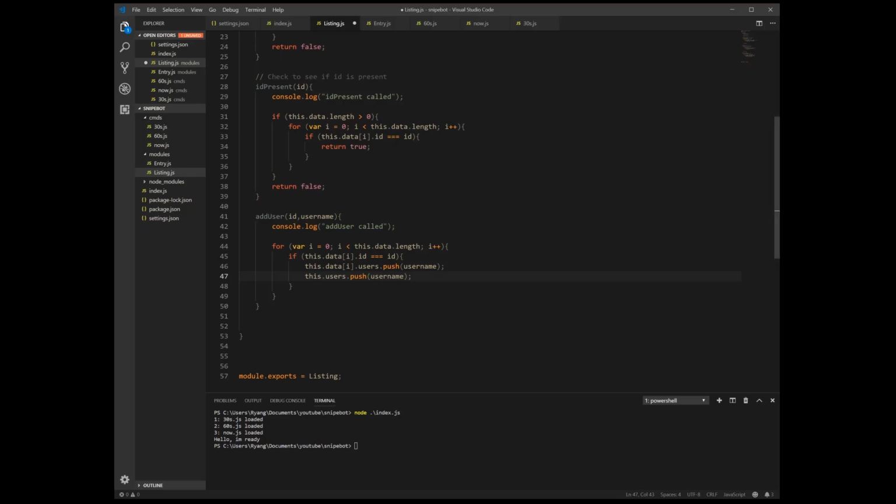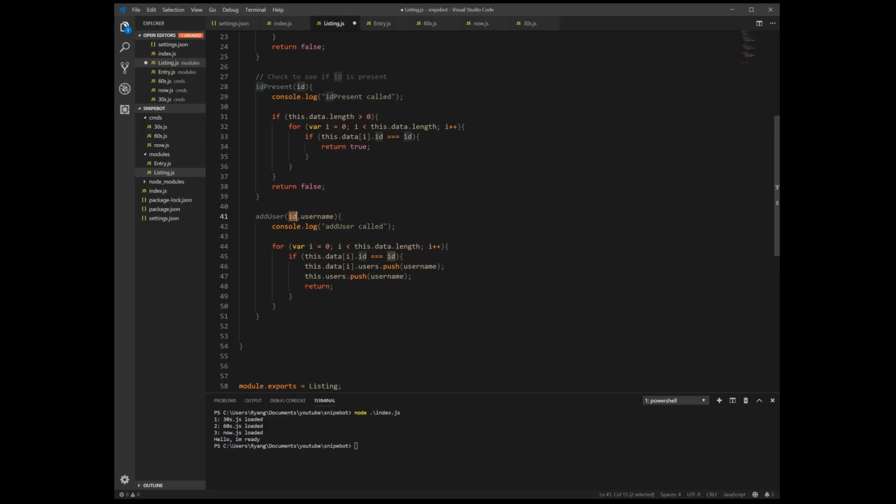So here we check if the ID is already present, then we push its username, and we push its username into our users array as well, and then we can return nothing. It just stops the function from running because we did what we needed to do. Alright, so this is when you add a user that already has the ID that he wrote inside the listings.